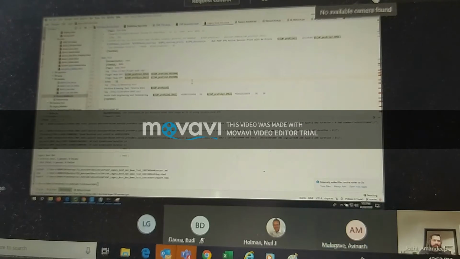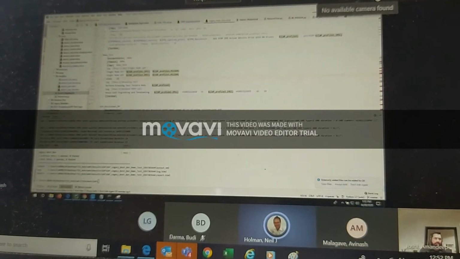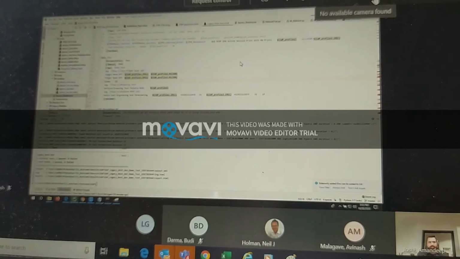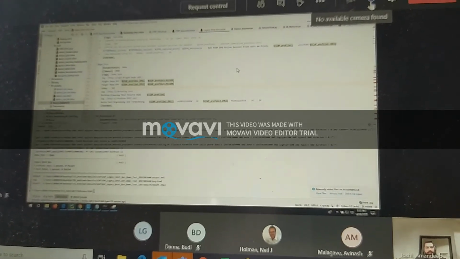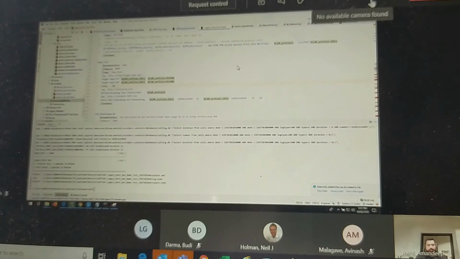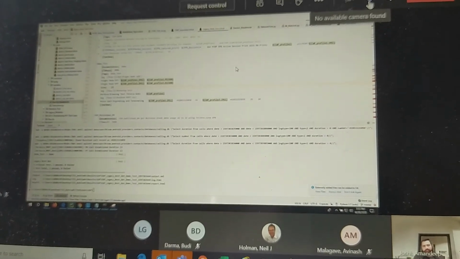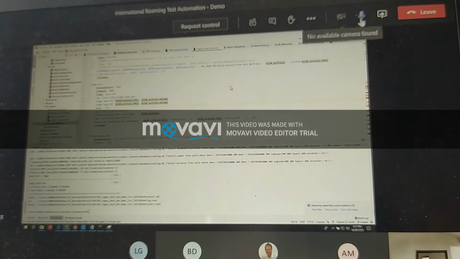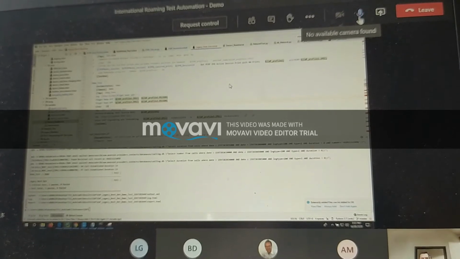But right now, if you use this STF with these devices, you'll be able to use the same, because right now he has not made any major changes to the script. He has just done a minor change, putting down the IMSI of the Indonesia number and the MSIN of the Indonesia number, and performing those tests. So no major change has to be done in these scripts, and you can reuse those scripts straight away.